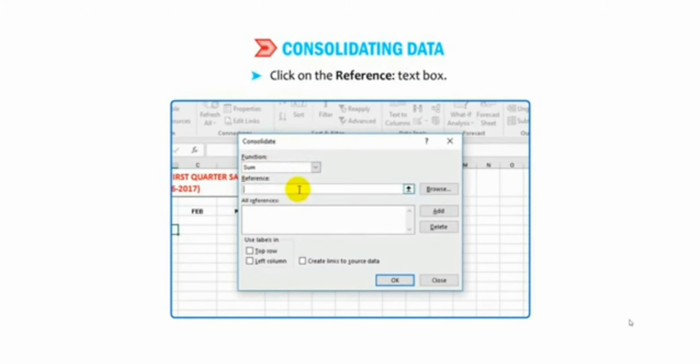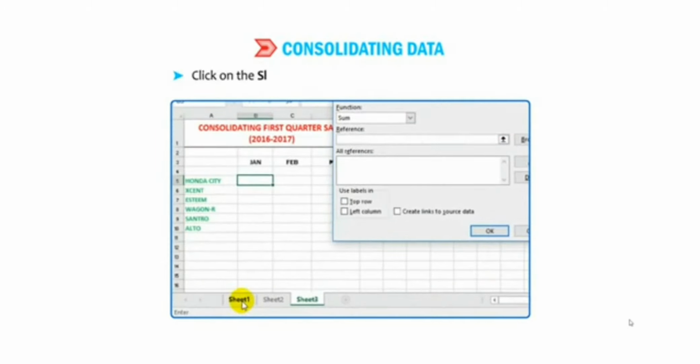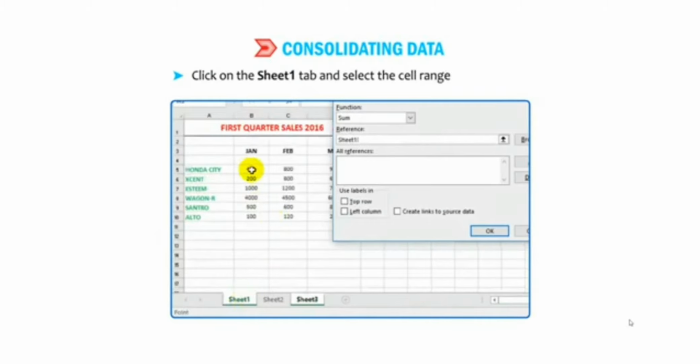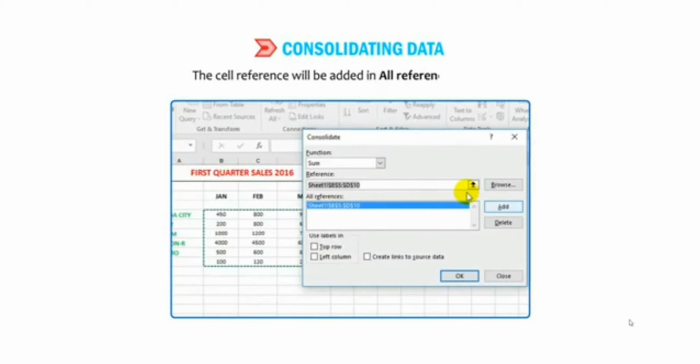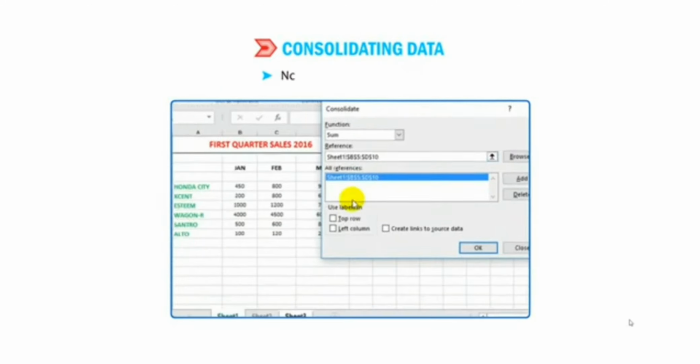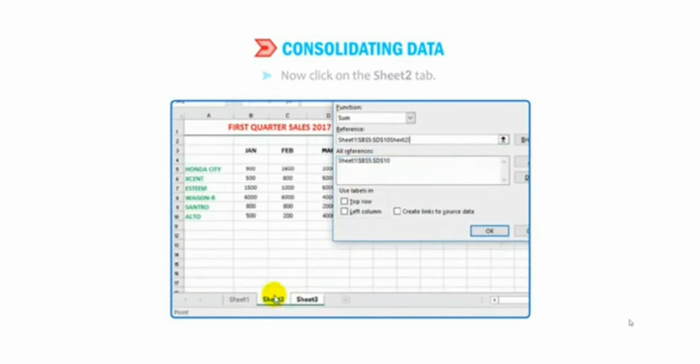Click on the reference text box. Click on the Sheet 1 tab and select the cell range B5 to D10. Click on the Add button. The cell reference will be added in the All References text box. Click on the reference text box once again. Now click on the Sheet 2 tab.